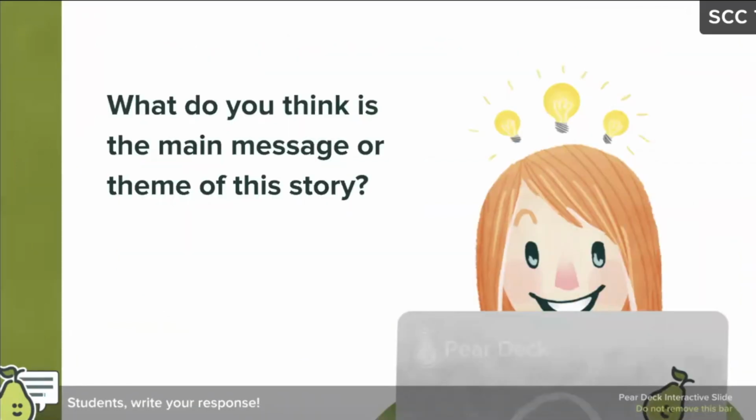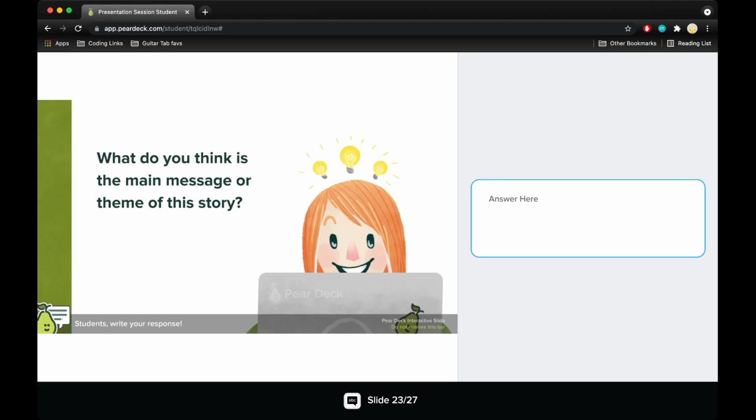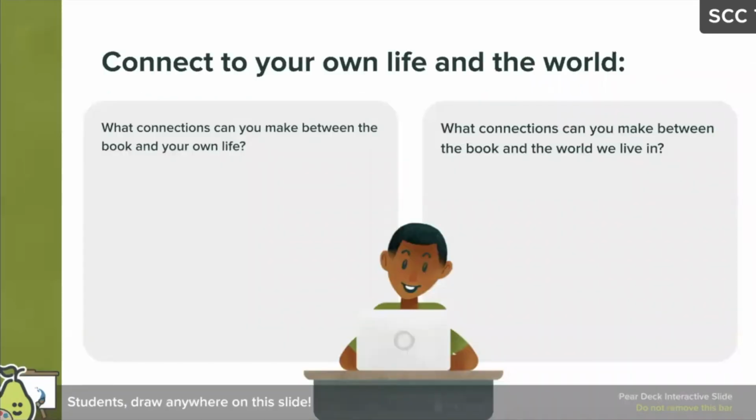This slide is a simple question that asks students to identify the theme of the story. You could put this slide in twice, at the beginning of the lesson and at the end of the lesson, to see if the group analysis changes the students' individual answers. The next few slides are examples that you probably could use in upper elementary, but they're definitely appropriate in the middle school level. This slide provides an opportunity for good critical thinking practice,